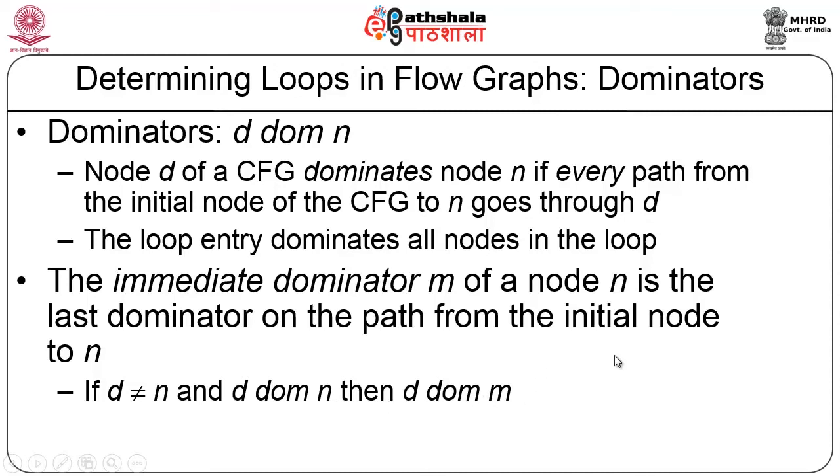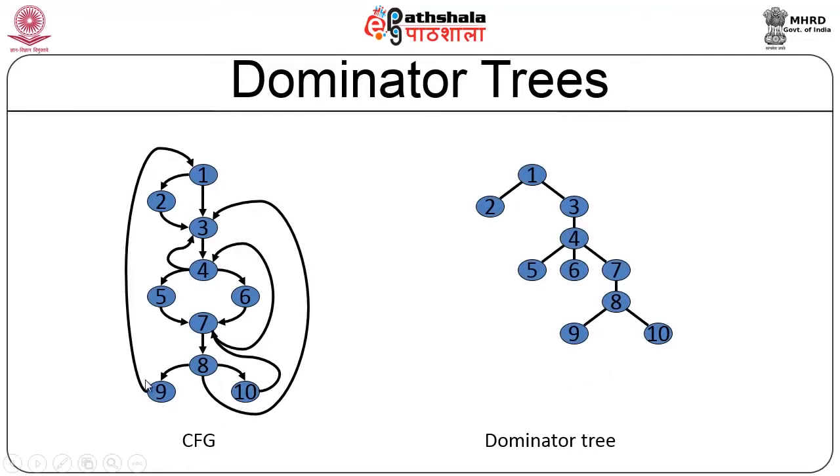There is one more analogy which you can conclude from this dominator representation. Consider this graph: 1, 2, 3, 4, 5, 6, 7, 8, and so on, 10 nodes, 10 basic blocks, and this is a cycle here. I can come to 3 either through 2 or directly, but in order to reach 4, 5, 6, 7, 8, 9 or 10, 3 has to be reached first. Only then can I come to 4 or 5 or whatever it is. Therefore 3 dominates all other nodes.